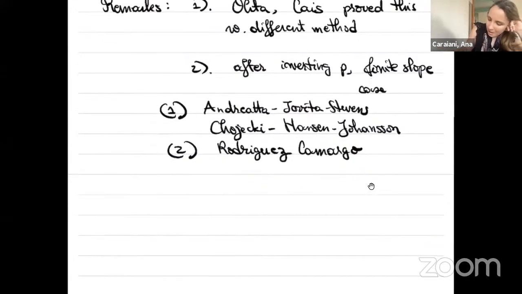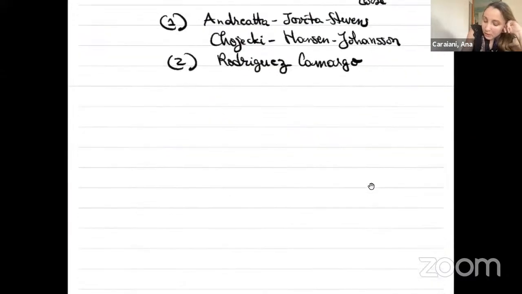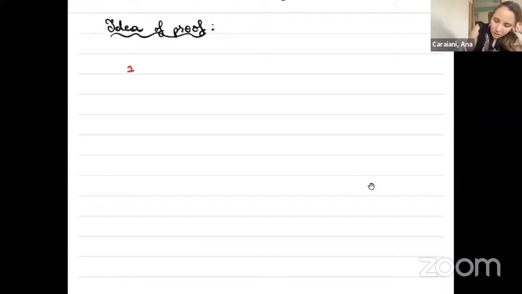Right. But the point of what we're doing is that you sort of very naturally see why higher Hida theory shows up with our method of proof. Where I say in Ohta's original result, it's just a dual of Hida theory. And once you do this, it at least points towards what might be a general result. At least it sort of gives you a statement of what to expect. So the idea of proof is as follows. It consists of